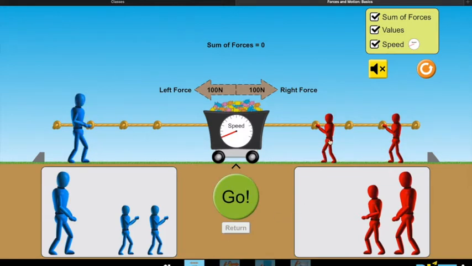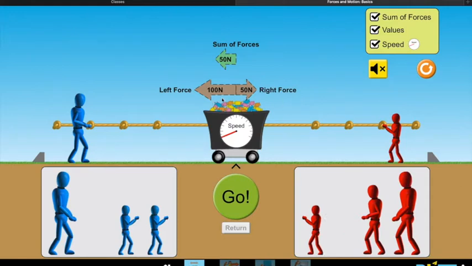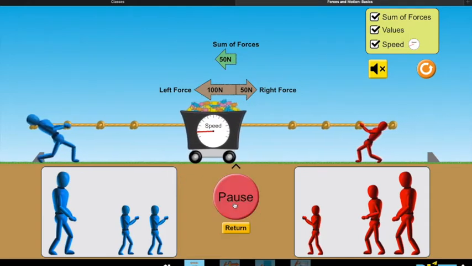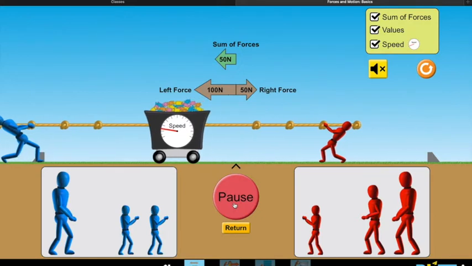How about if I ask this guy to go back? The 100 Newton force leftward of this guy is reduced by the 50 Newton force rightward of this guy. That's why the sum of forces here is 50 Newton. What will happen if this is the case? We click go and then you will see the cart will be moved to the left, to the direction of